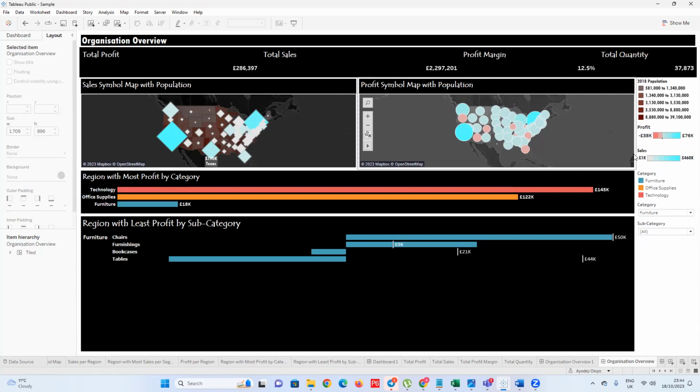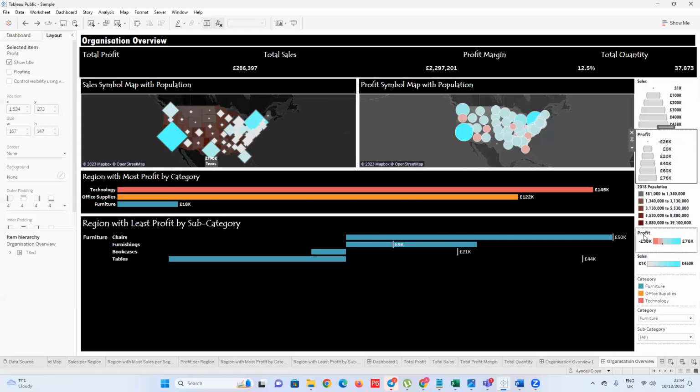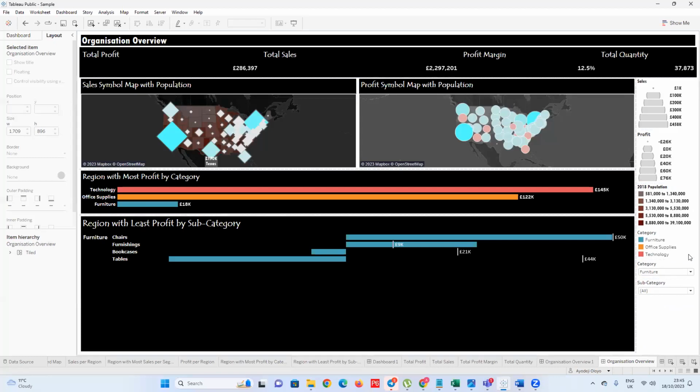I can decide to remove these ones and leave this one, because this one does justice to this, with the color, right? You kind of get it. So, or if you want to remove the color and leave the other one, if it's the color you want to remove, also you can remove the color. Maybe the size can do justice to it, just to give you some space here, and we can use this